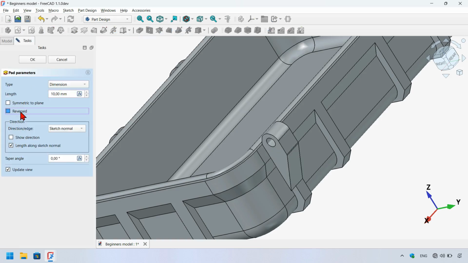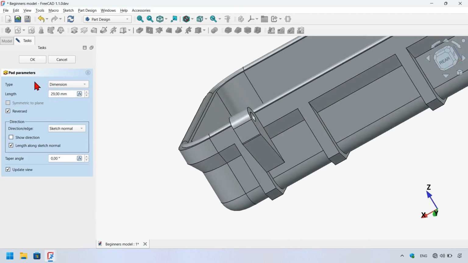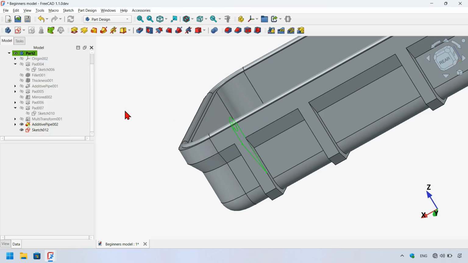and I set reverse it, and now I change here to 29 millimeters. I change to 29. As you can see, I have a problem. If I press OK here, this is the problem. So now let me show you how to fix this. First, I will close this and cancel this operation,